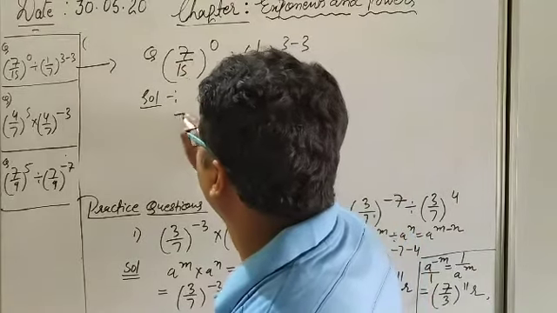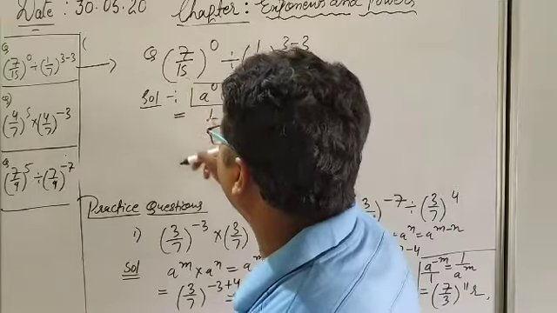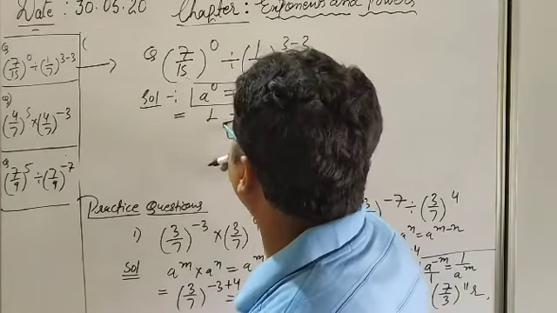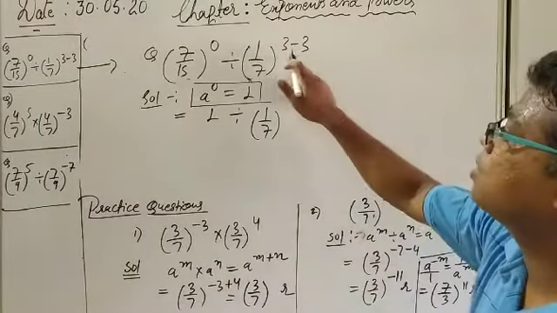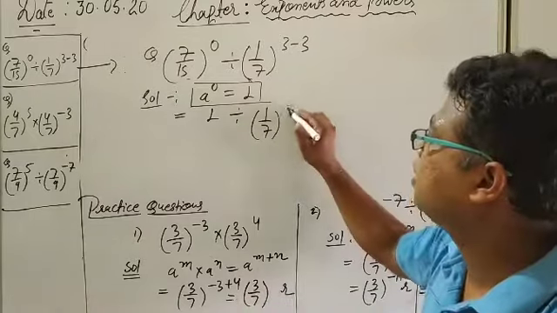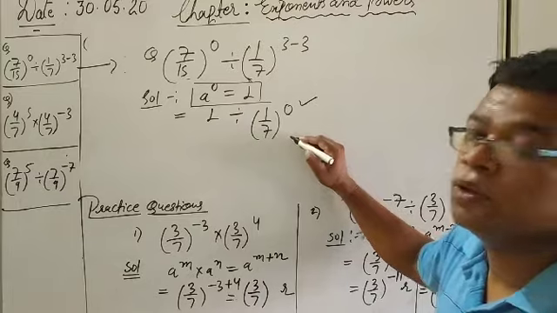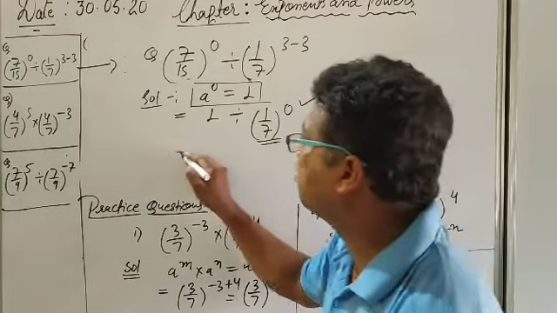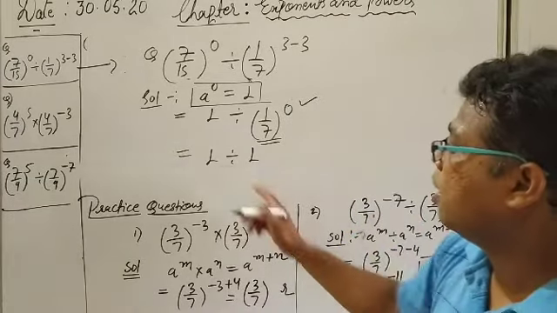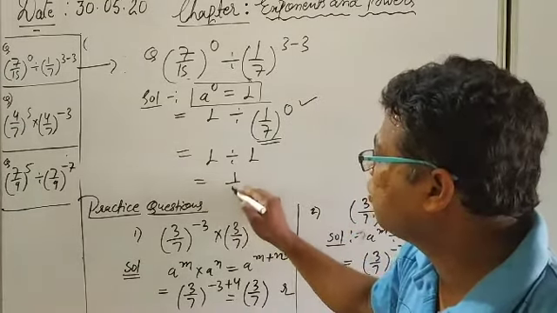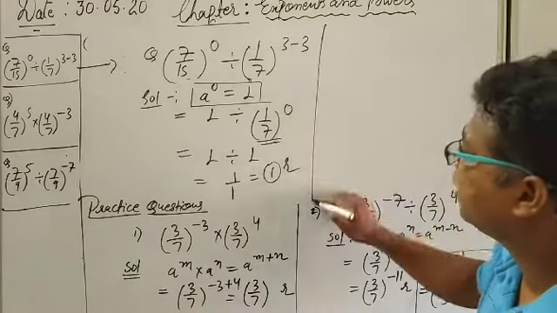So in place of 7 upon 15 directly I can write down 1. This is my rule. So directly in place of this I can write down 1 divided by 1 upon 7. And what is the power? 3 minus 3. That I can solve. 3 minus 3 will give me again 0, and again power is going to be 0. So what is the value of this? Again this value is converted into the 1, because 0 exponent rule is again coming. 1 divided by 1, what is the answer? 1 upon 1, and directly the answer will come 1. Very easy question. Practice again at your home.